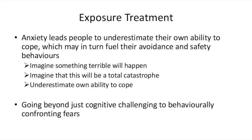Okay, so doing exposure therapy helps people challenge these three beliefs, because they actually face the feared object and they find out that the thing that I was really afraid might happen didn't actually happen. And sometimes the feared thing does happen, right? So